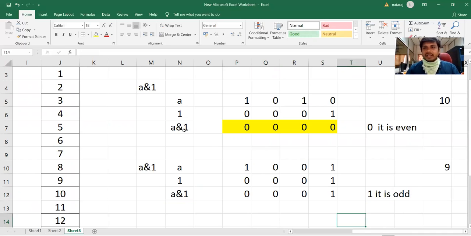So how do we get the LSB? By performing AND operation with 1. So this is really important. If you perform AND operation with 1, you will be getting the least significant bit of that number. Okay, this operation is really useful to find the number of bits set, the number of bits reset in